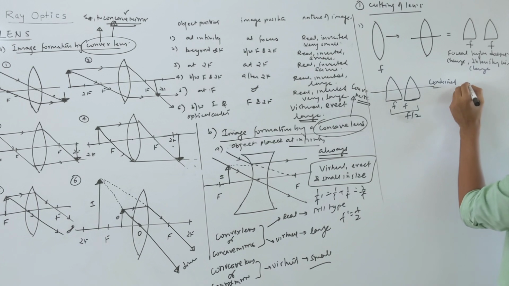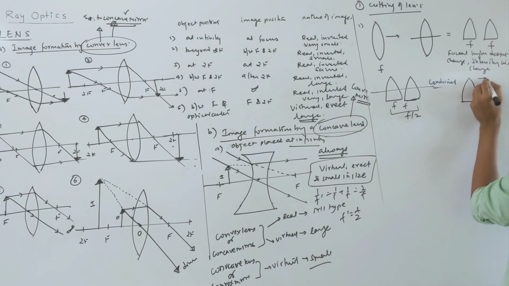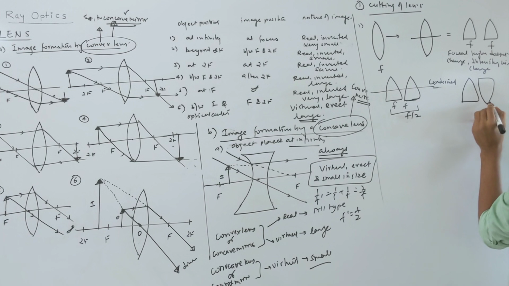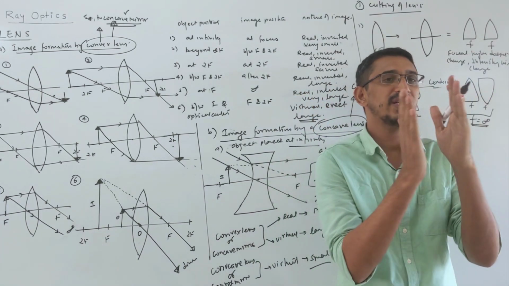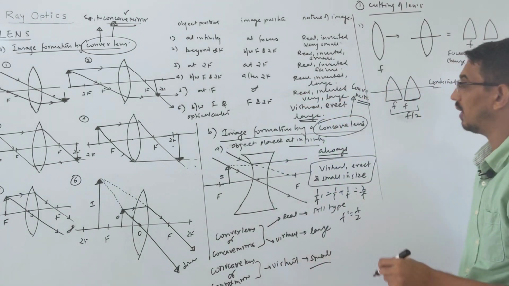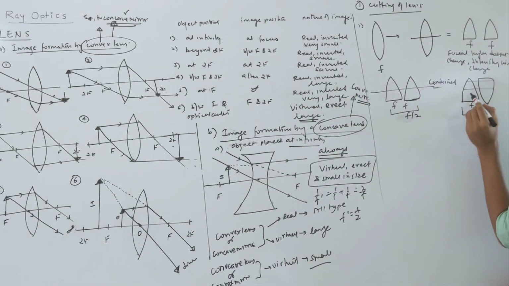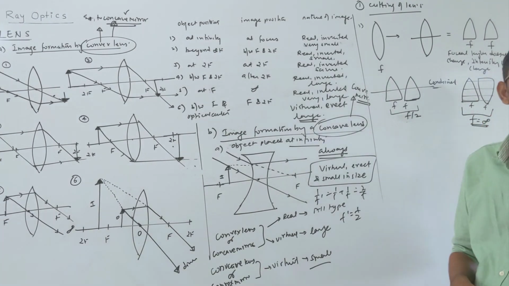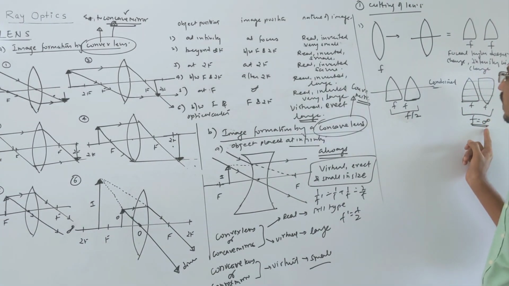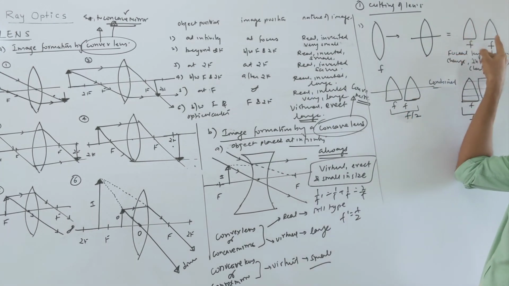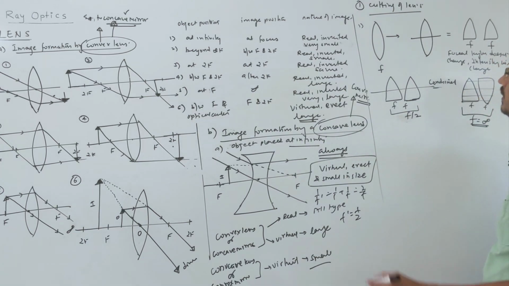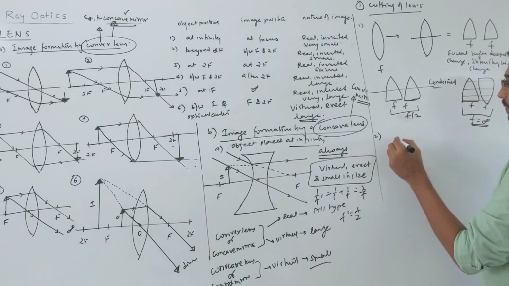Or I put one lens this way and one lens upright that way. This is f, this is f. Now what is the combined focal length? It becomes infinity. Why? If you add like this, you see there is one plane sheet only. Thickness becomes equal everywhere, like a plane sheet. So in this case, the combined focal length is infinity. In the previous case, the combined focal length is f by 2. Individually, f only, no change.